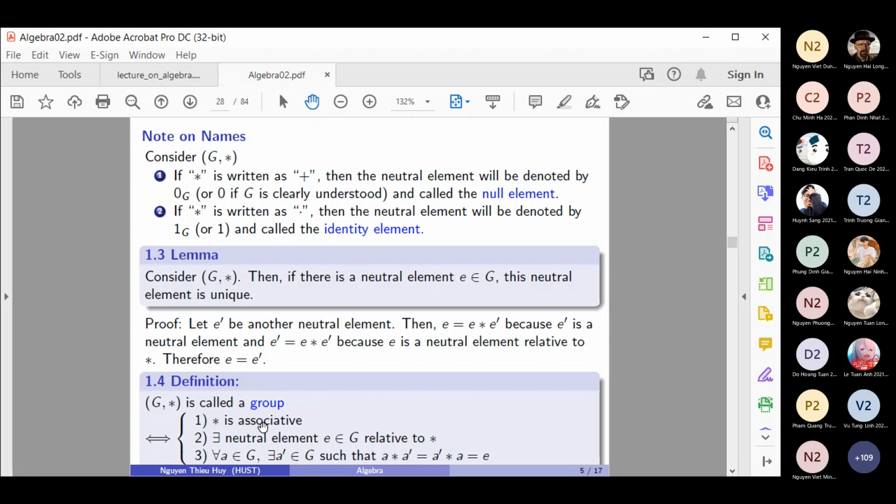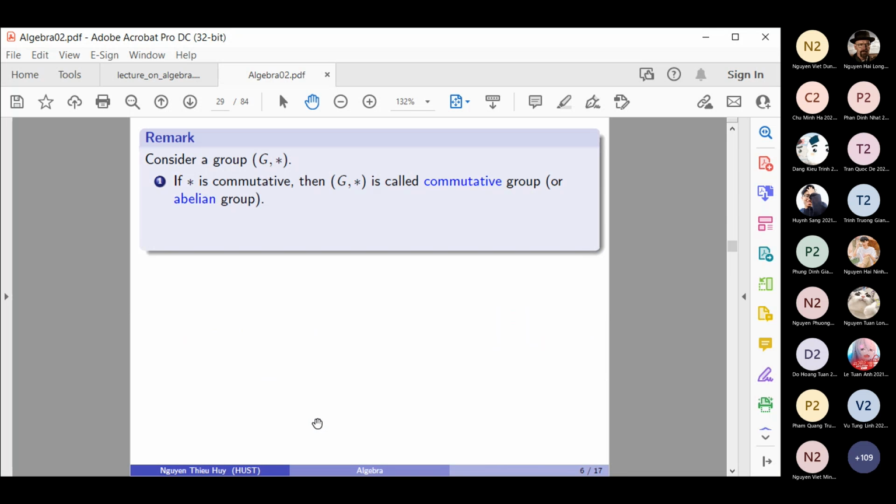But sometimes, if we are lucky, the star may also be commutative. For example, if star is addition, then it is not only associative but also commutative. In that case, we will give some more names to a group. This is what I want to give you here. So if the star is commutative, then I call this G star, of course, suppose G star is already a group, right? And now in addition to all the group properties, if the star is commutative, then we call the group a commutative group or